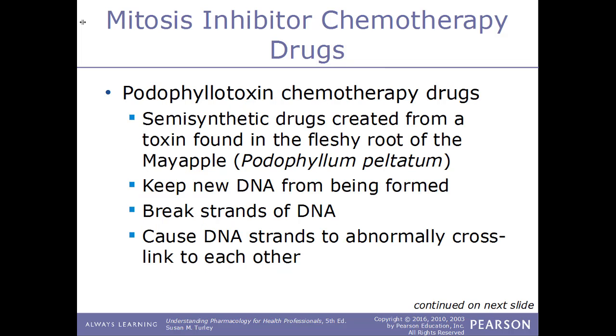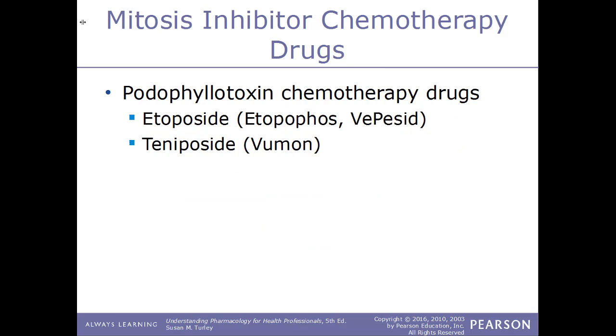Now mitosis inhibitors come in a few different forms. One of those are the podophyllotoxin chemotherapy drugs. And this is a semi-synthetic drug that's made from a toxin found in the fleshy root of the mayapple. This drug works by doing a variety of different things. It can keep DNA from being formed. It can actually break strands of DNA. And it can cause the DNA strands to abnormally cross-link to one another. Some examples of podophyllotoxin drugs would include etoposide, known by its trade names etoposide or Vepesid, and teniposide, known by